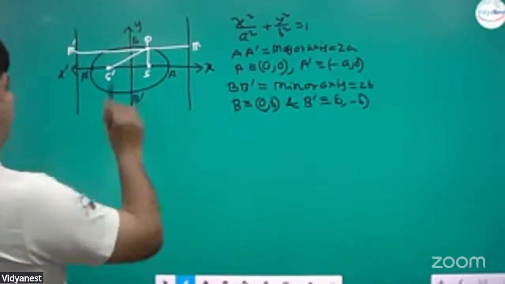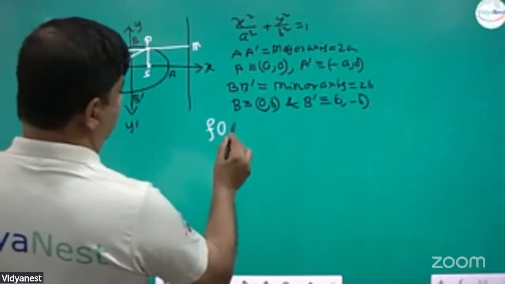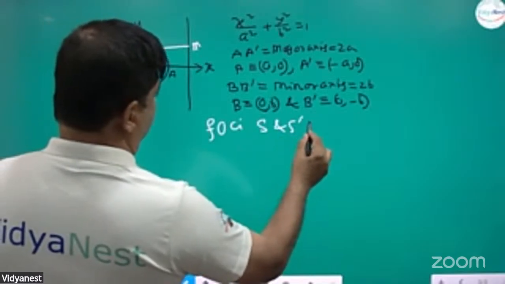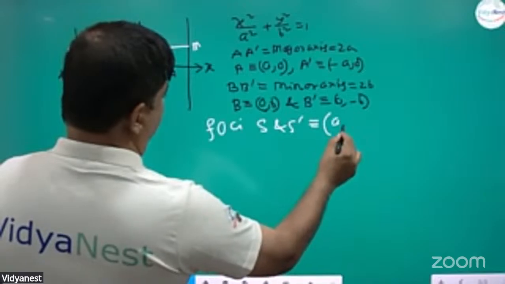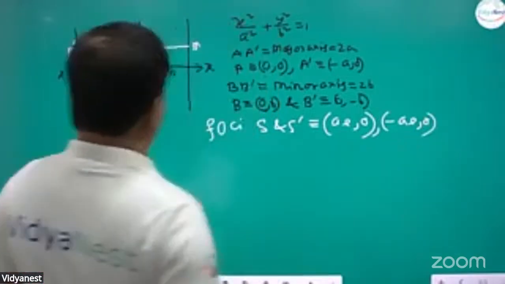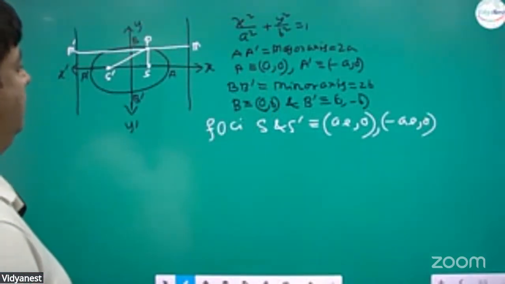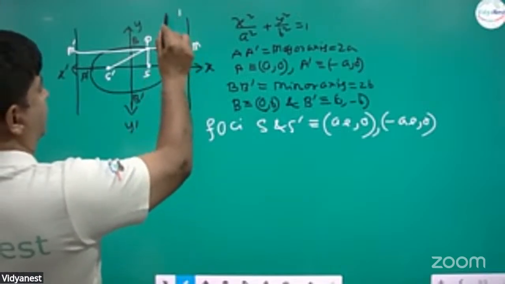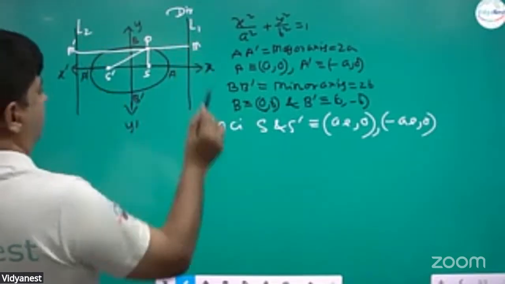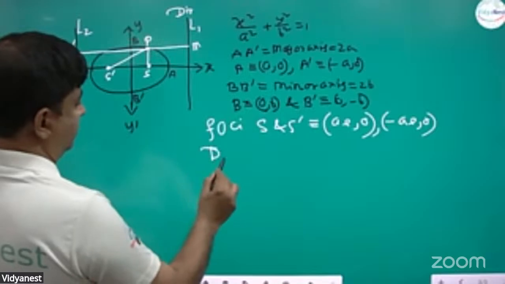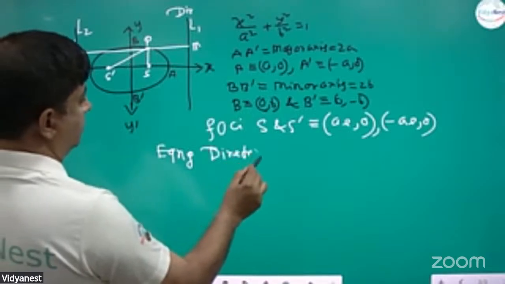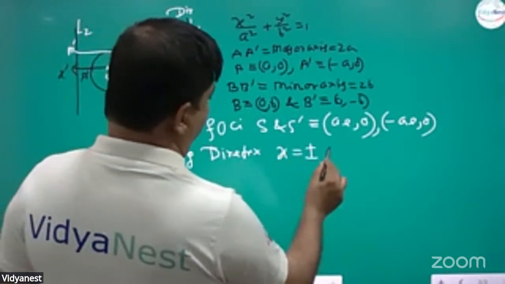Okay, we have got foci S and S dash having coordinates (ae, 0) and (minus ae, 0). We have two directrix, L1, L2, and the equation of directrix is x is equal to plus minus a by e,